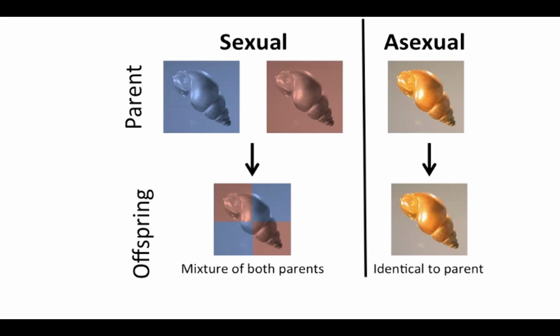All right, so this is our visual here. I really like to try and find visuals to drive home what we're talking about. So for sexual reproduction, we're clear. We start with two parents. Two parents are required for sexual reproduction, and the offspring that is generated will be a mixture of both parents. Okay, that's the result of sexual reproduction. In contrast, asexual reproduction requires only a single parent, and the offspring that is created will be identical to the parent cell or the parent organism. Any questions about that?